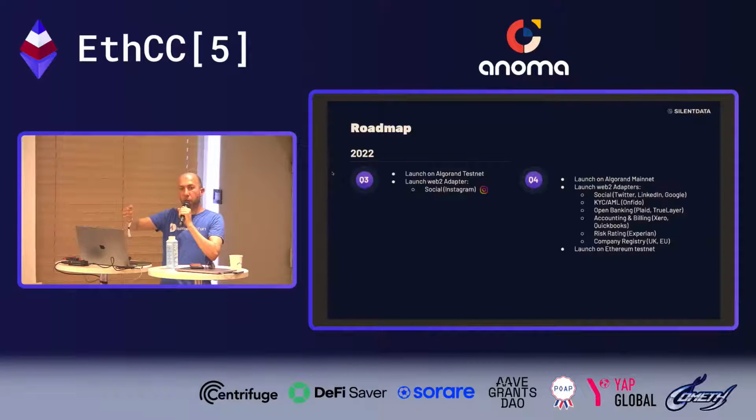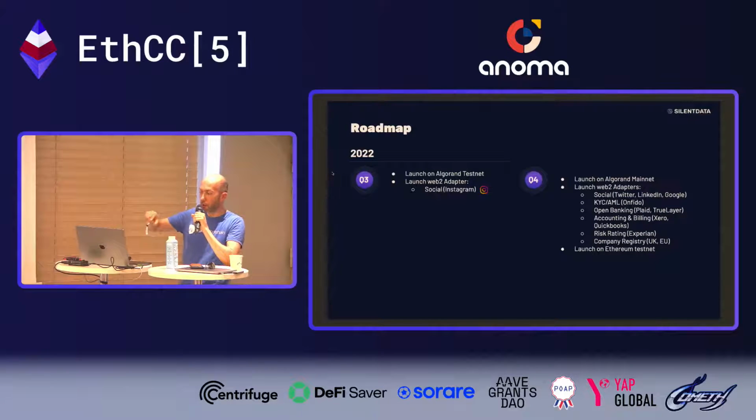Yes, exactly. So we have open banking. That was the first one that we launched with. That works in Europe, UK, US. We have, for example, an NFT platform which takes, as well as crypto payments, fiat payments, and they use the open banking to verify if someone has the fiat amount in their account in order to be able to bid for a high-value NFT, for example. So there are uses for open banking already.